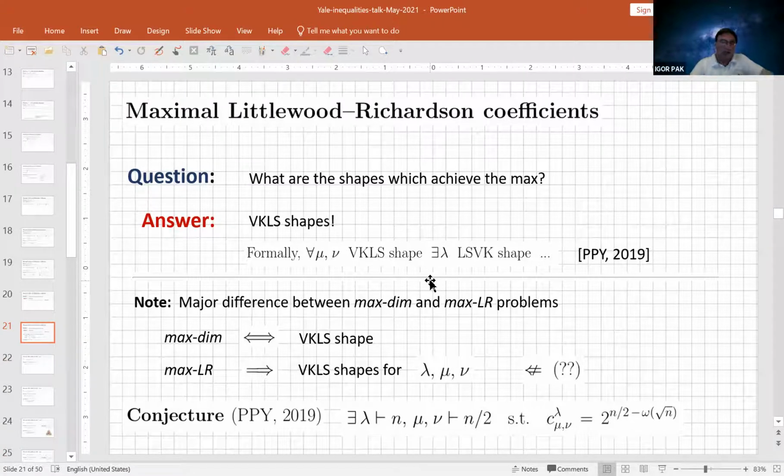And so notice the difference. For the maximal dimension or average or random dimension with respect to the Plancherel measure, you get the Vershik-Kerov-Logan shape. But for maximal Littlewood-Richardson, the implication goes in only one direction. So in fact, we don't actually believe that it goes in the other direction. We cannot disprove that, but I don't think that's true. So in fact, we conjecture that sometimes